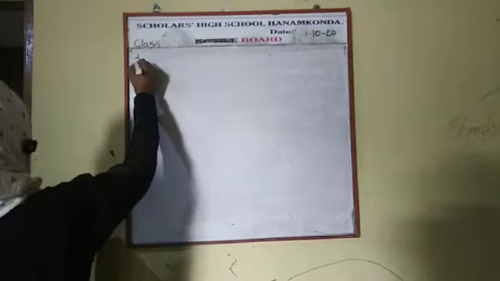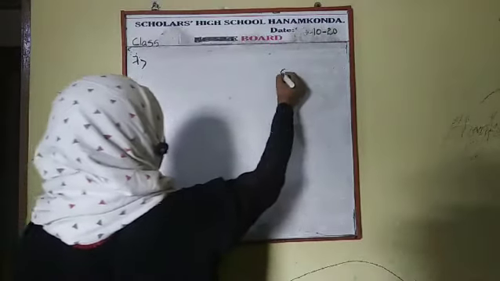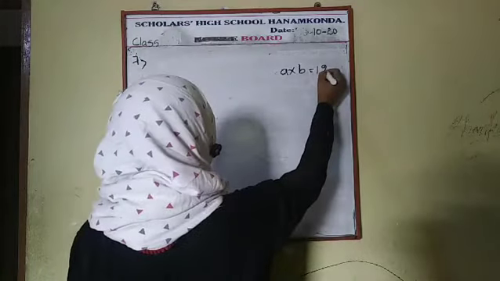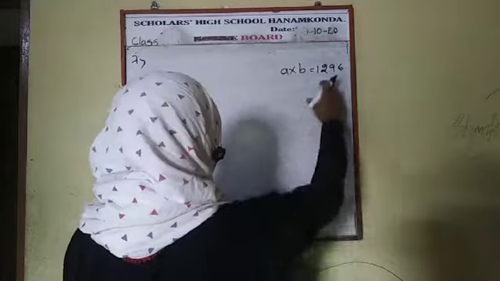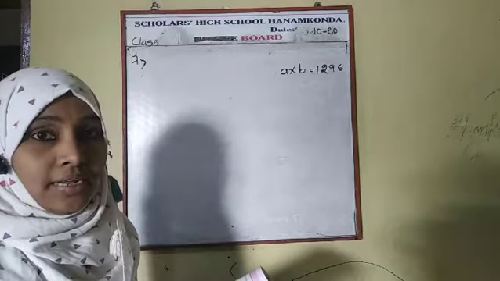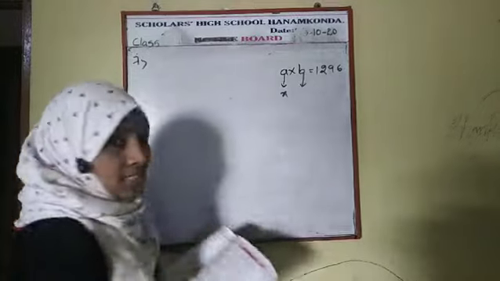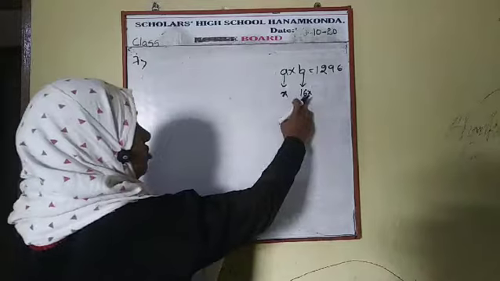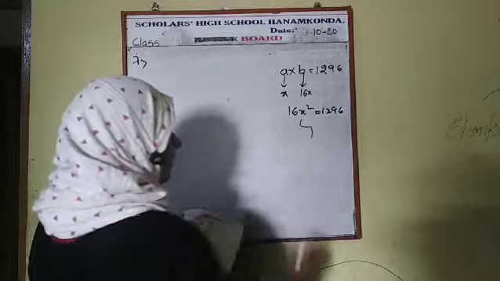Now the seventh problem. See, the product of two numbers. See beta, first number A, second number B. The product of two numbers is equal to how much given, beta? That is 1,296 given. If one number is 16 times the other number, so first number let it be x. So second number, what? 16 times of first number, that is 16x. So x into 16x, 16x square, you get 1296. From this you get the x value.